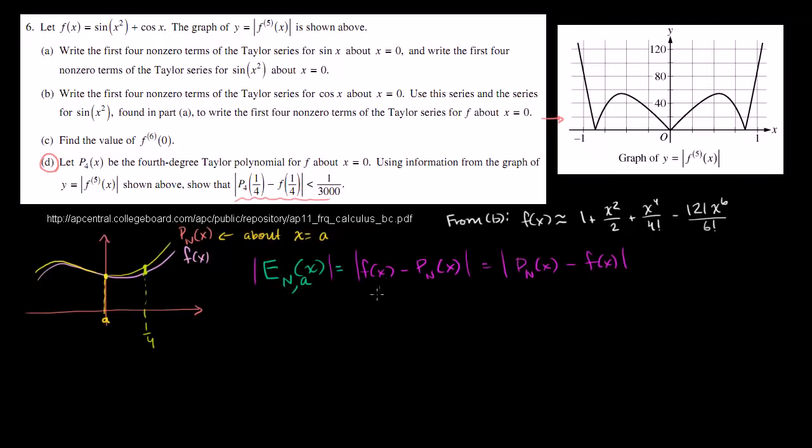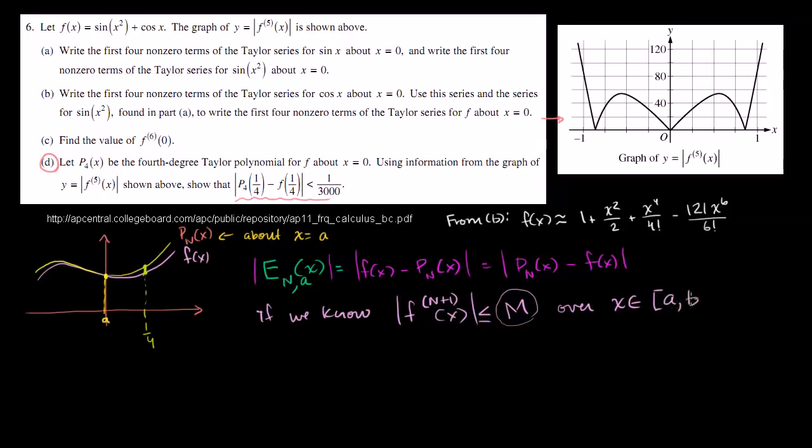If we know some properties about the n plus 1th derivative of f. So if we know that the n plus 1th derivative of f is less than or equal to some maximum value, and in particular the absolute value of the n plus 1th derivative of f is less than or equal to some, we could call this some maximum value M, over the interval, over x in the interval between a and some b, where b is greater than a,